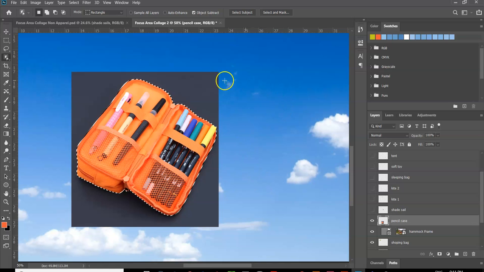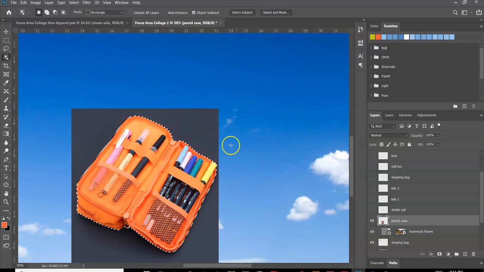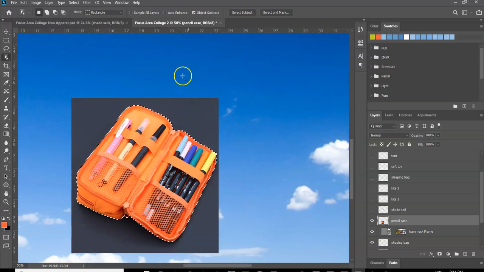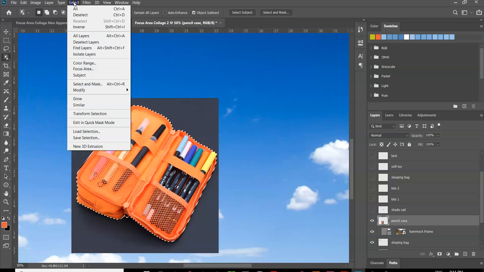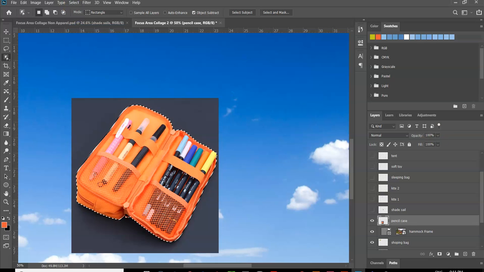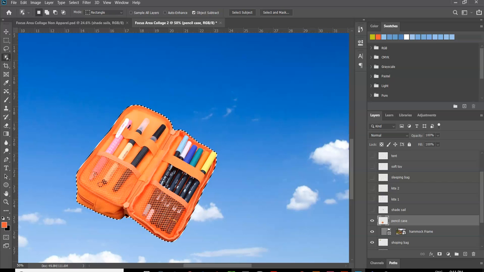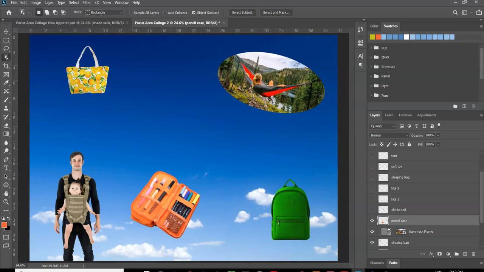I want to get rid of what is around the pencil case, not the pencil case. So because I've done this in a slightly different way, I'm going to go Select, Inverse, and then backspace or delete. Control or Command D to get rid of the running ants. And I'll just do Control or Command 0 to take it back to its full size. I'm just going to show you another little